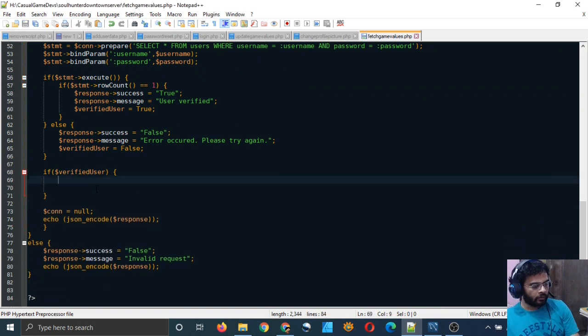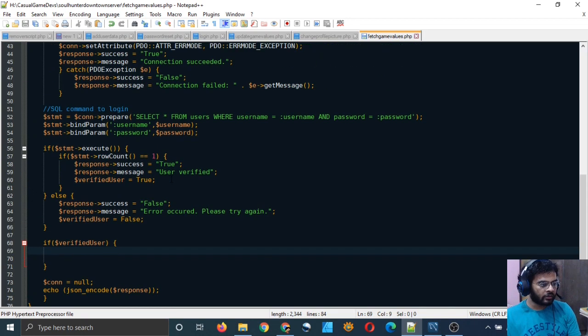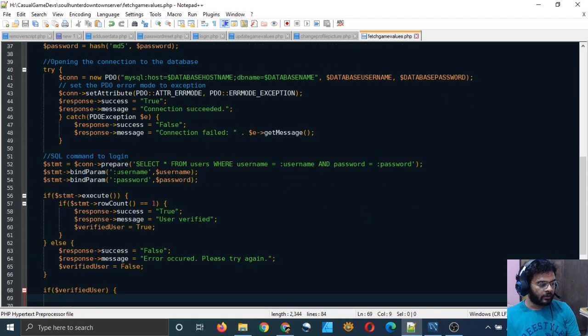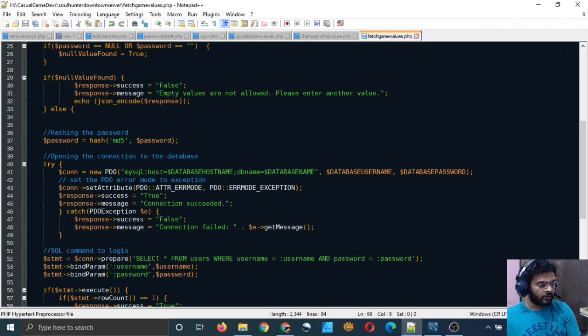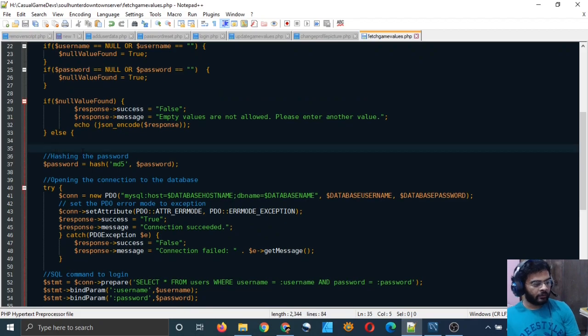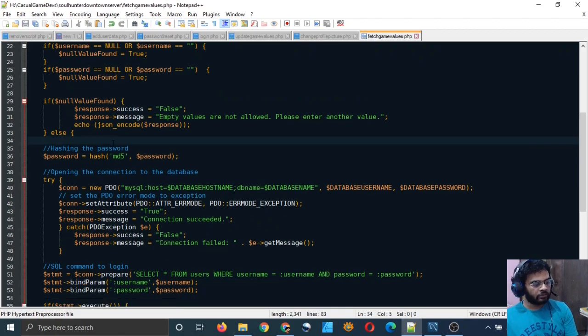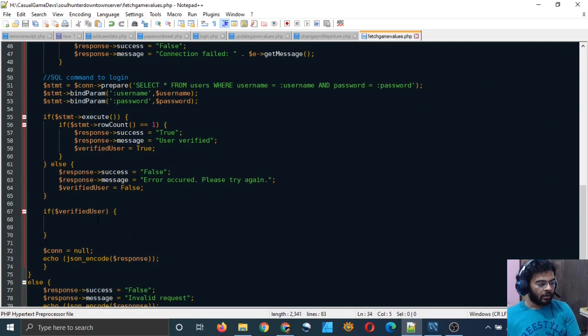Okay, in the if we have verified the user successfully using these statements, then we will finally fetch the values from the database. And to fetch the values we have to use the select command. So you can just copy the select command from here and just paste it.